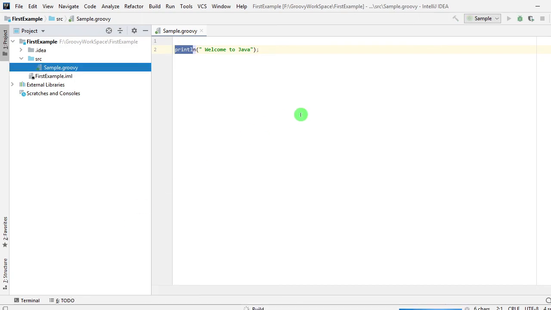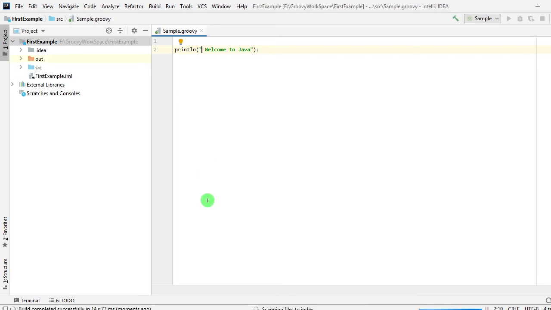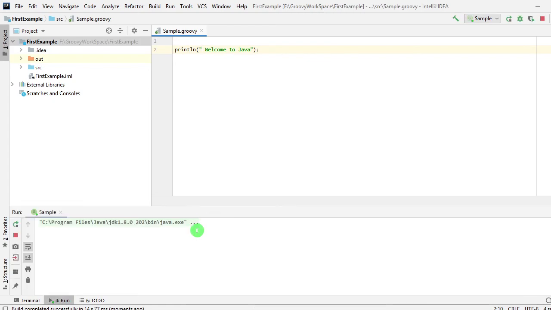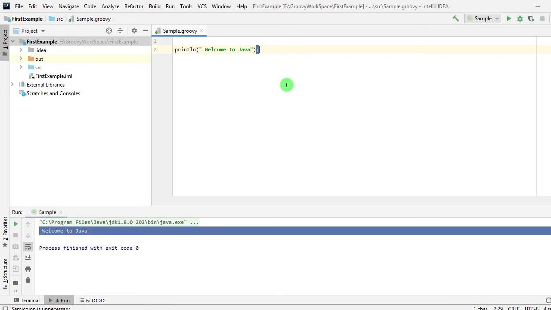You can click on this. It's processing, let's wait for some time. Yes, here is the output. So your script has been executed. With the help of this IDE, you can write complex scripts for your project. This is how you can use IDEs for developing your scripts for Groovy projects.